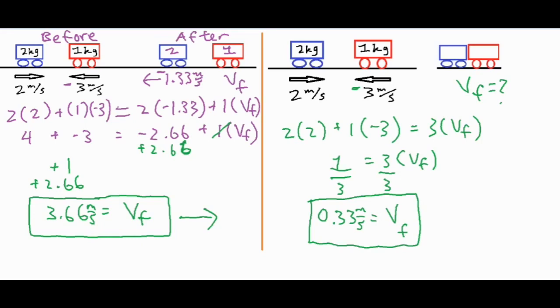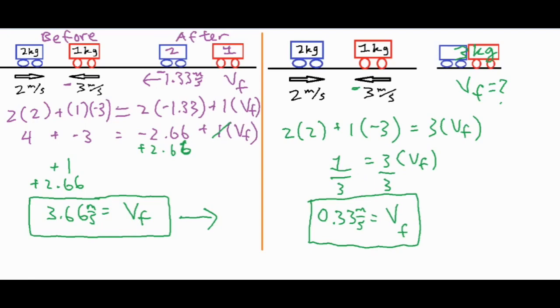The key to solving this problem is actually treating these two masses like a single mass. Although they are 2 and 1 kilogram separately, it's kind of like one big 3 kilogram object. So we only need one m times v for the after the collision portion of our setup. And the total momentum was still 1 because it was the same initial conditions, except they just happen to stick to each other. And then we just divided both sides by that mass of 3